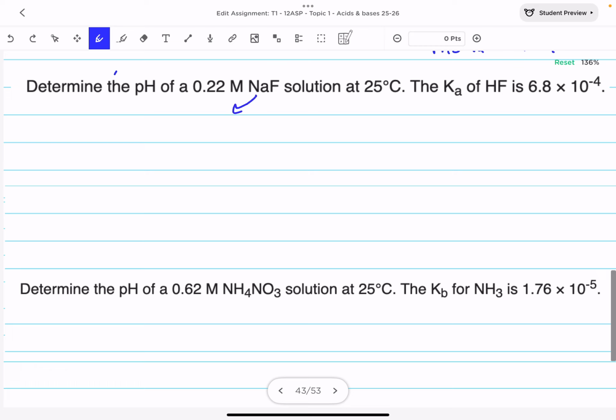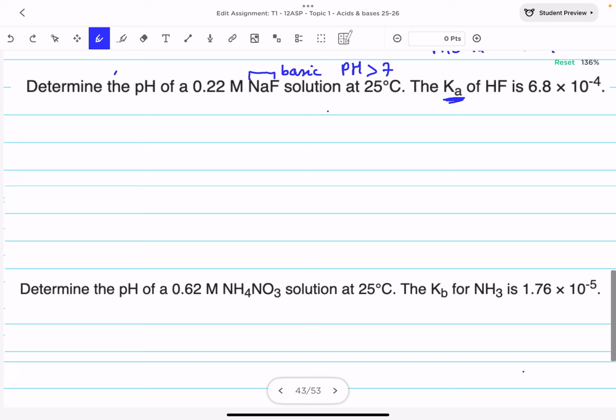Now we know that Na plus is pH neutral and F minus is basic. So basically this salt is going to be basic. So my expectation is to have a pH higher than 7. Now, since the given is Ka and I know that I'm going to have a basic solution,